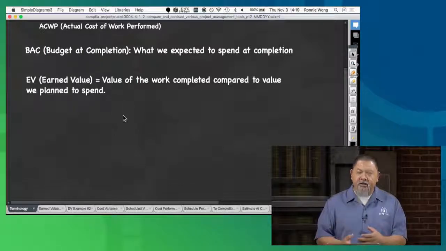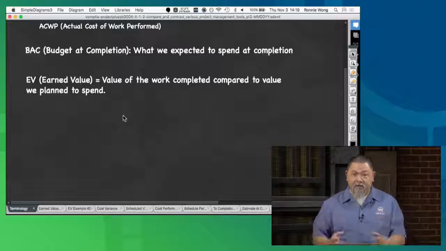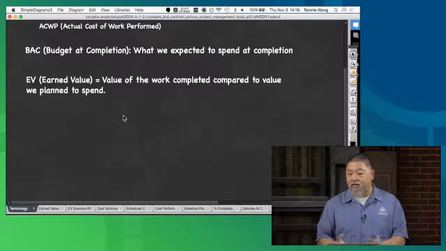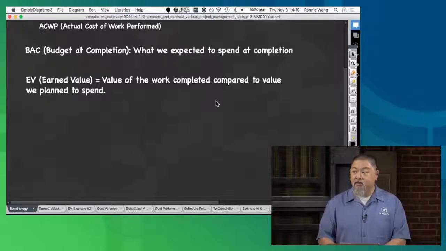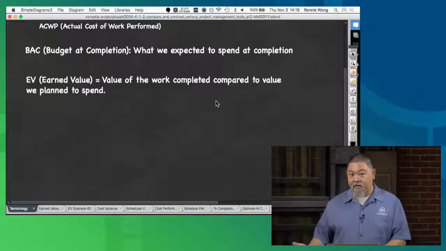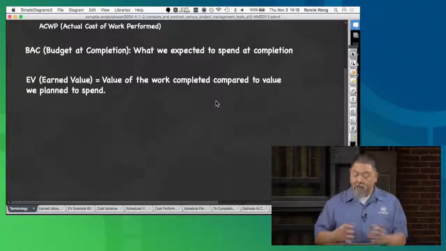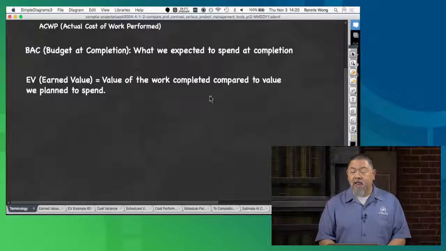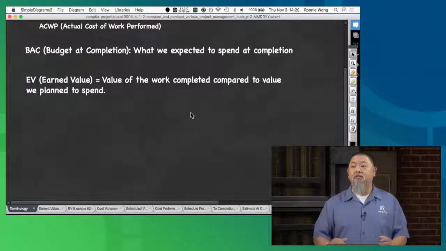But that's the same thing that happens here, right? We need to be able to evaluate what we've actually completed at this point and what the value of that is at that point in completion, okay? And that's what we call the idea of earned value here, okay? And the only way you can do that is if you know exactly what you had planned to spend versus what you actually did spend, okay? So that way, at that point in your project, you know how much value you actually have into the project at that point in time versus how much it actually should be at that point in time according to your